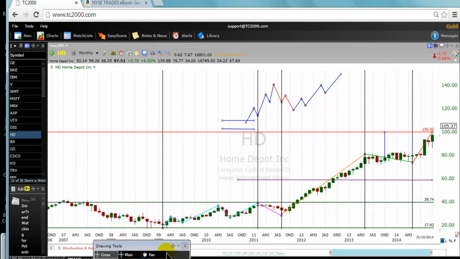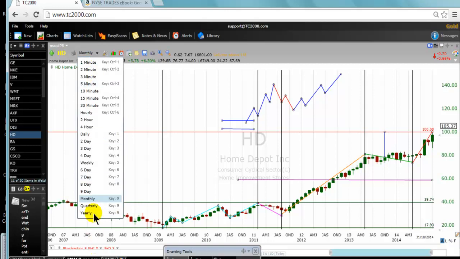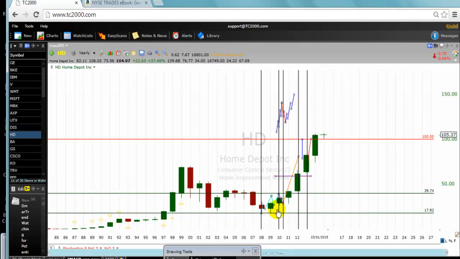Looking at this monthly chart, that's all I can say. But once we count the wave on one time frame like the monthly chart, we shouldn't stop there. We should validate our wave count by going to the higher time frame. I've already done it on the yearly chart. I'll come back to it.